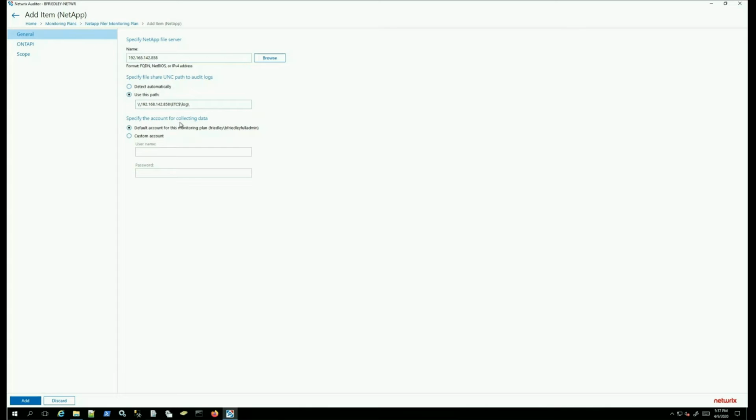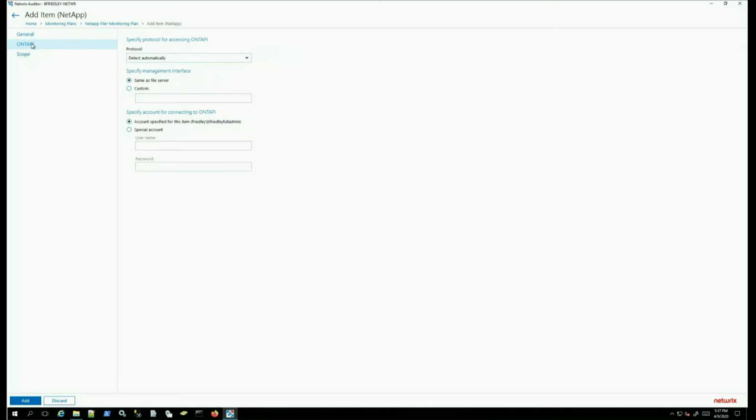Otherwise then, for the data collection account, just like how it was before, the one that's listed just needs to have the read permissions, as well as delete on some of the various spots of the actual NetApp filer file shares. From here we go into the ONTAP portion of this,